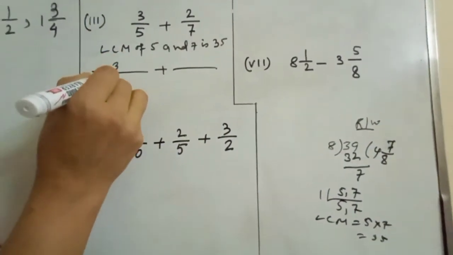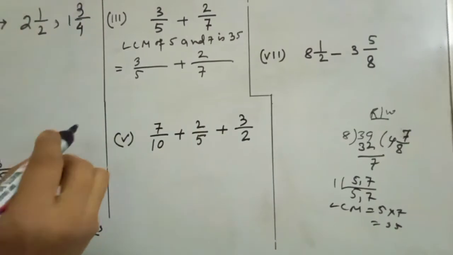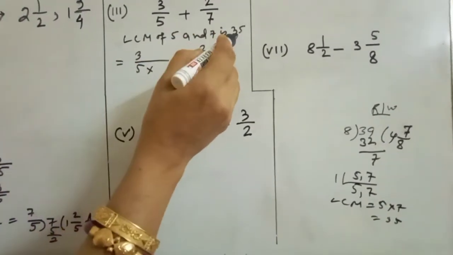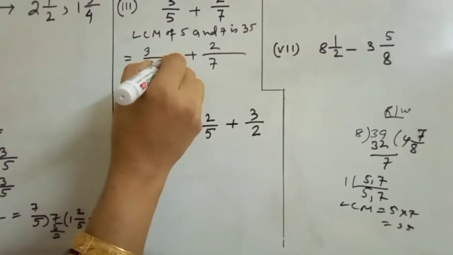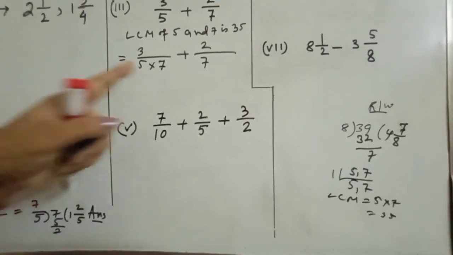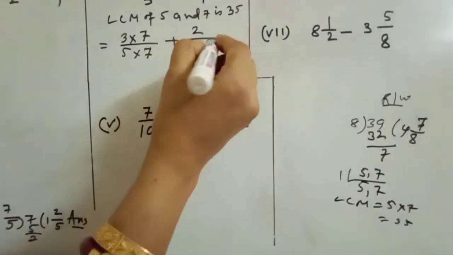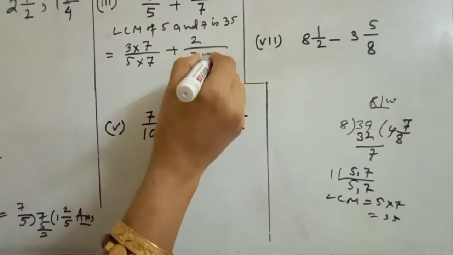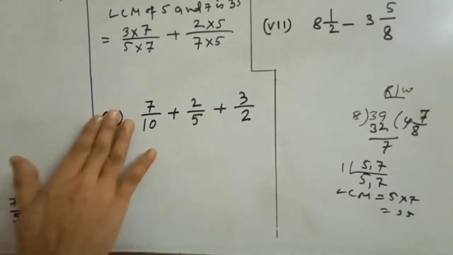It was 3 by 5 and 2 by 7. When you want to make this 5 into 35, as you are making the LCM 35 in both the denominators, you have to multiply 5 by 7, and the numerator also by the same number. Here you want to make this denominator 35, so you need to multiply it by 5. This also you have to multiply by 5. After that,